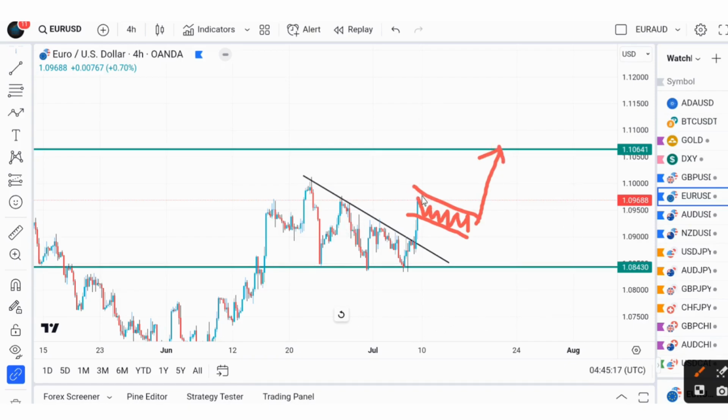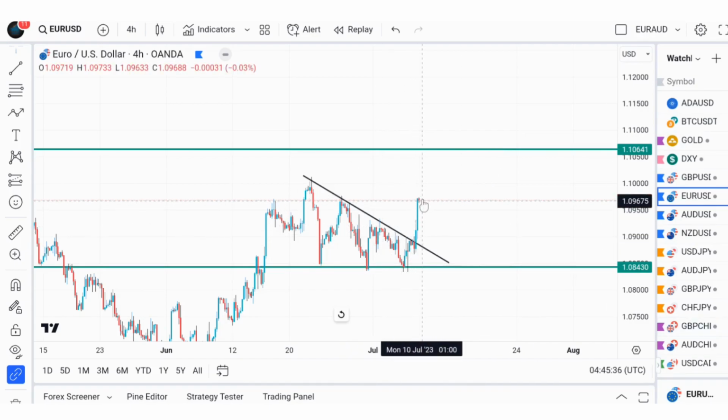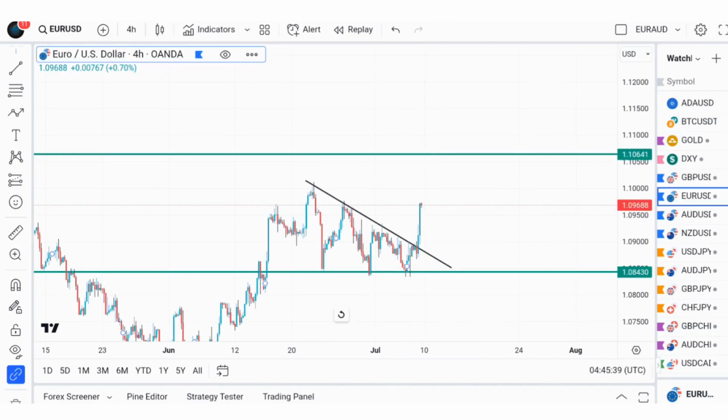So any retracement you see in EUR/USD should be an opportunity for you to buy to 1.10641, where the opposite firm actually comes in right there. But you might actually wait for a retracement move before you go into a buy at that level. Which means the retracement move might last up to this level, up to 1.0900, and from here we might actually see the rejection coming in at that particular level.